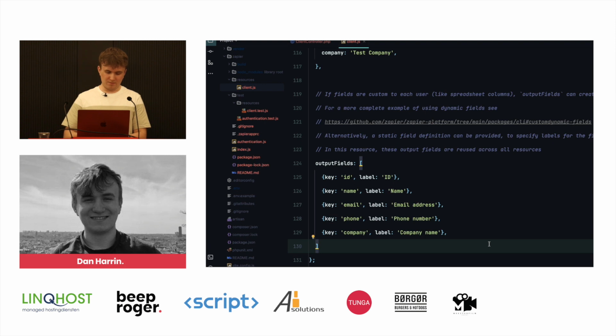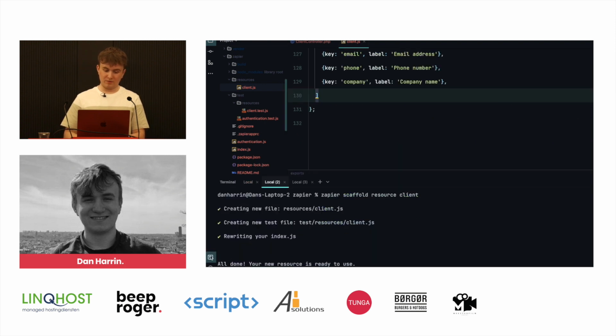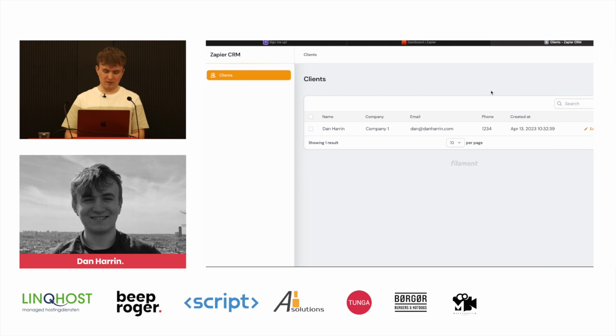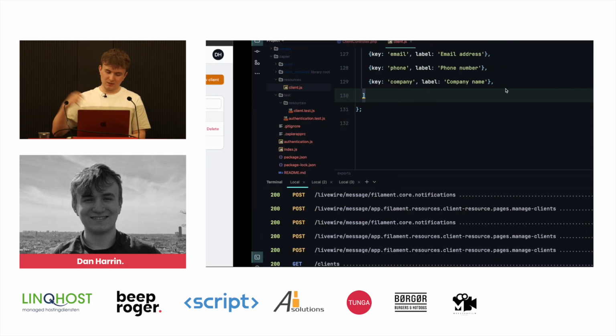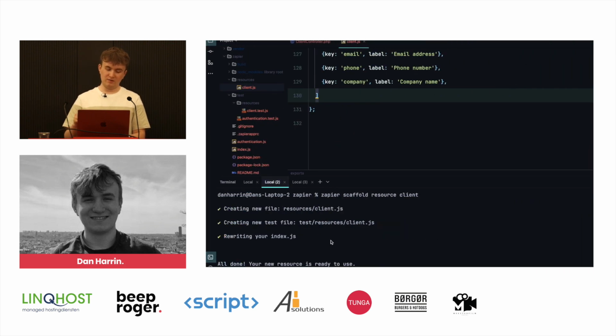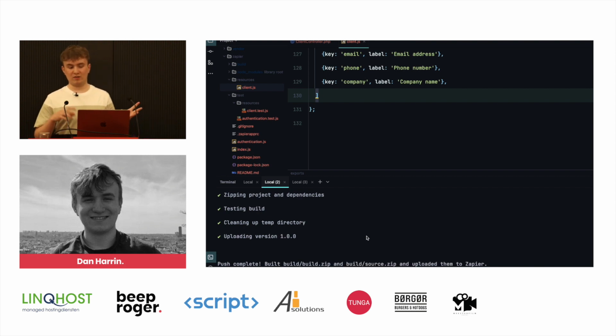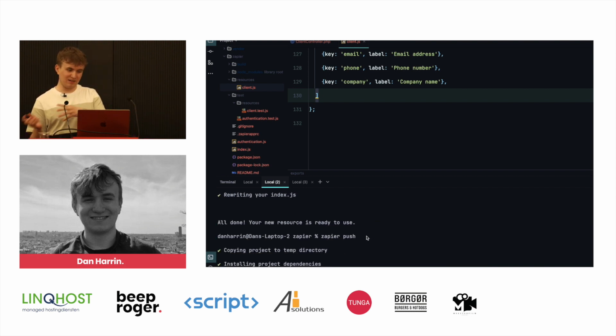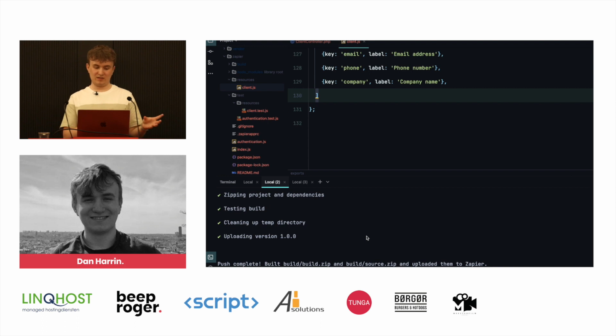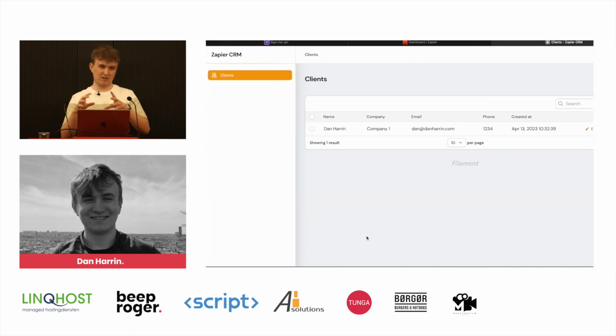by restarting it. And what we're going to do is push this to Zapier using the Zapier push command, and this will package up all of our files, send them off to Zapier, and then hopefully we can use this inside our Zapier account, because this is a private integration now. We've uploaded it just to our account, and if we ever want it to be listed on the marketplace, that's a separate step that requires